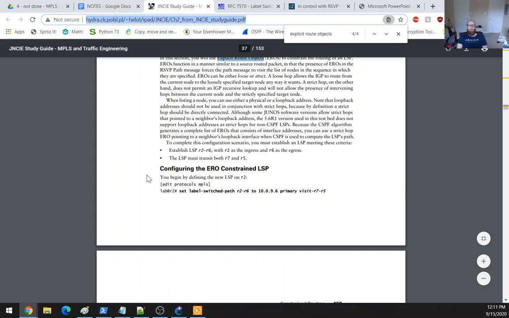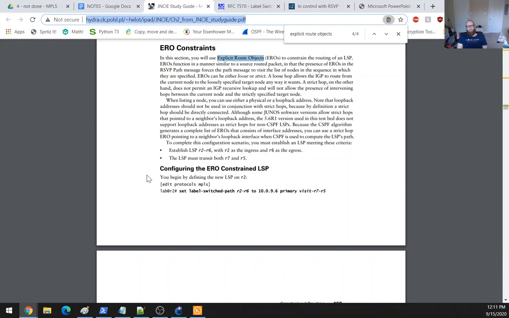When listing a node, you can use either a physical or a loopback address. Note that loopback addresses should not be used in conjunction with strict hops, because by definition a strict hop should be directly connected. Although some Junos software versions allow strict hops that point to a neighbor's loopback address, the 5.6R1 version used in this